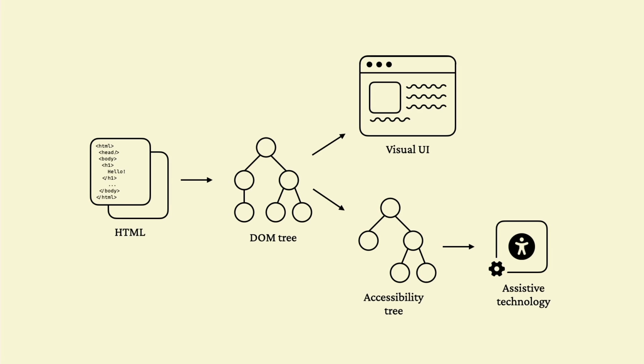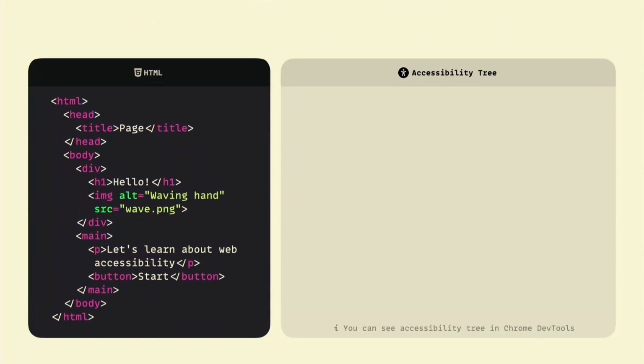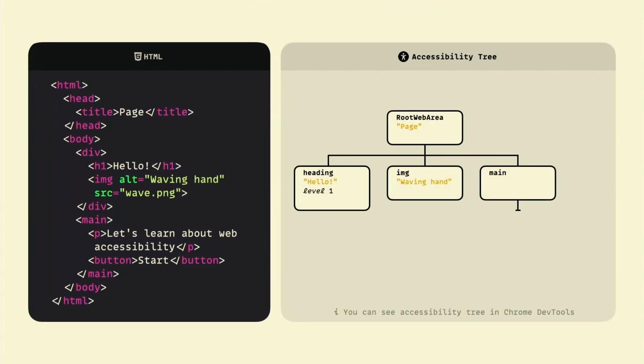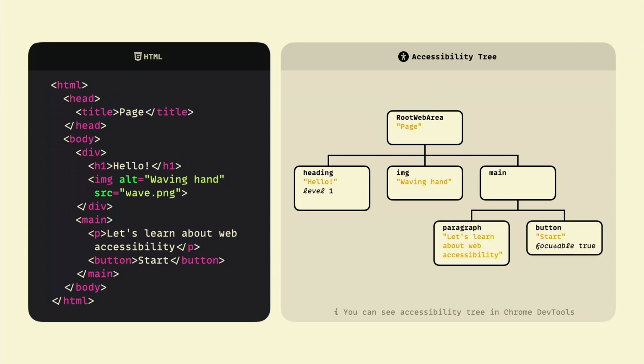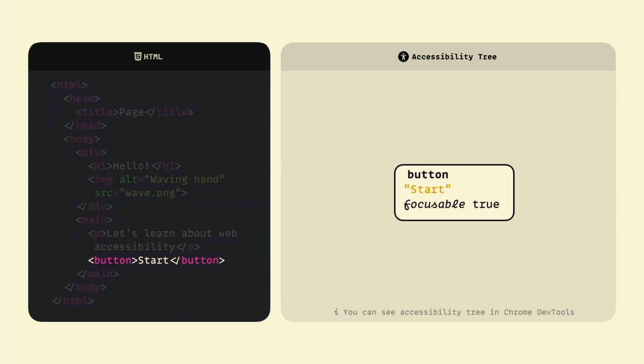But it's a lot easier to understand when looking at an example. For this HTML page, the accessibility tree will look something like this. Each element within the accessibility tree has its role, which describes what kind of element it is, what its purpose is, and an accessible name, which identifies it on the page. In the case of this button, it is inferred from its content. Additionally, it can contain a lot of other attributes to describe it further or communicate its current state.